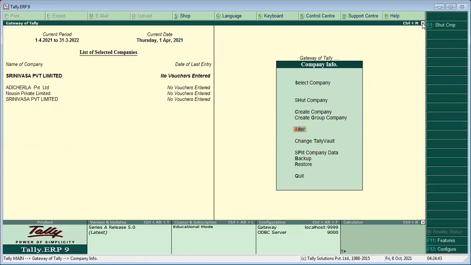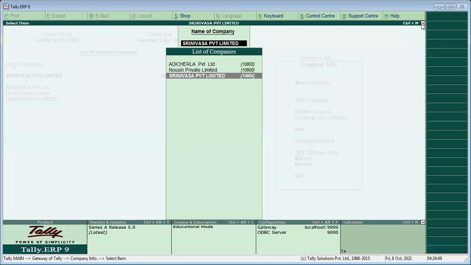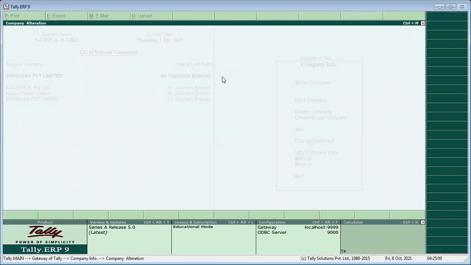If you want to delete any company, then also use alter. For example, here Srinivasa Private Limited Company is there. Select the company which you want to delete.